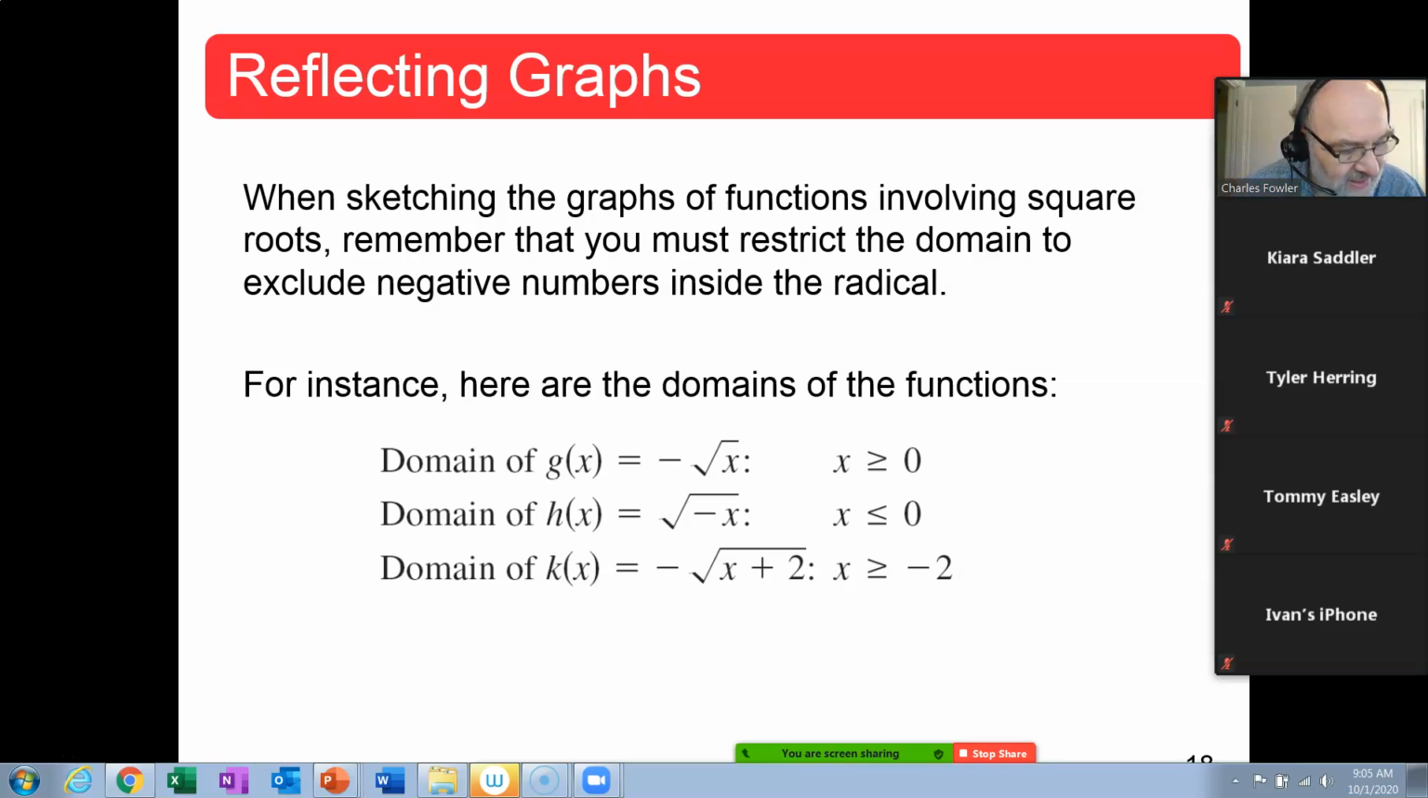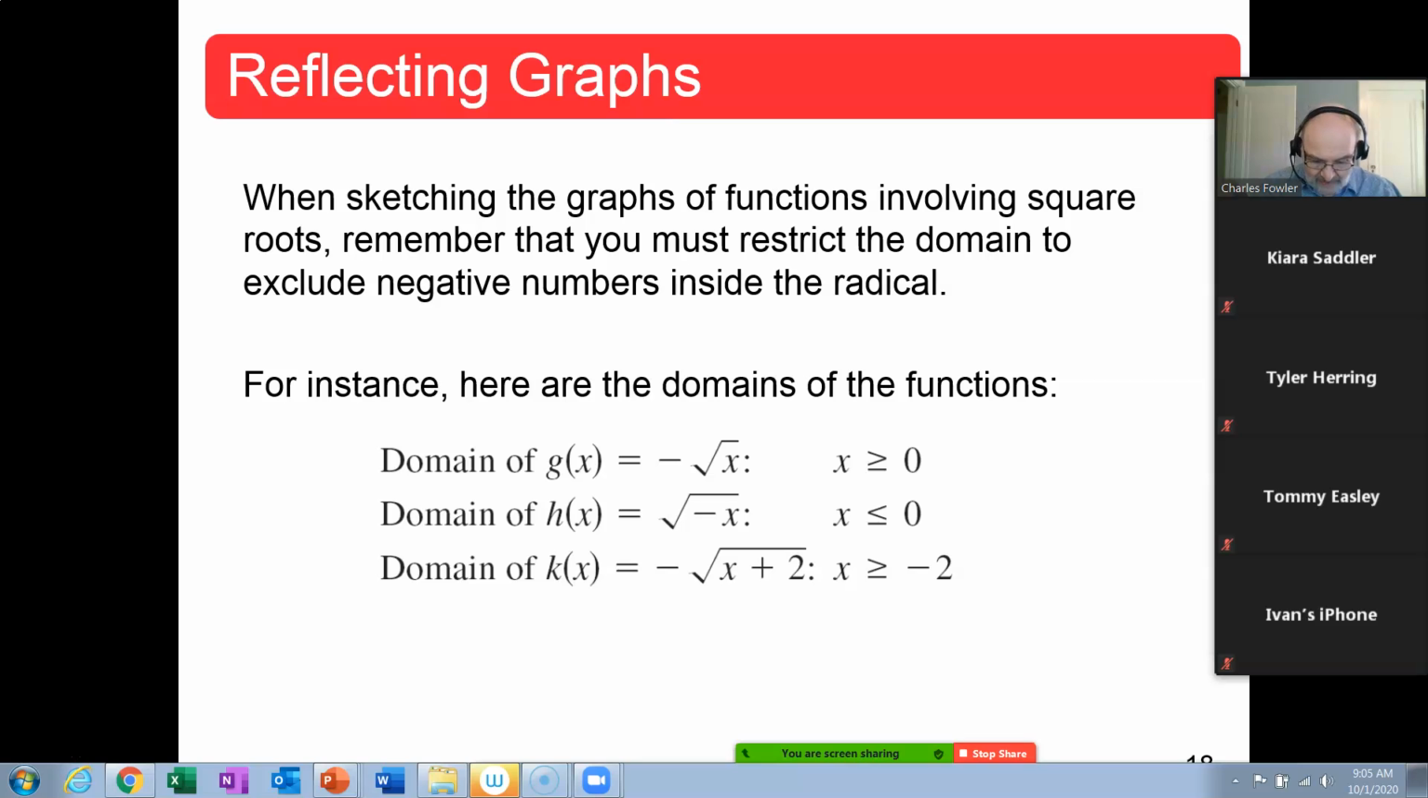this is some verbiage that I don't see specifically in the book. It's actually pretty much there as an example 3, but they're not calling it example 3 here. But anyway, I think they will. When sketching graphs of functions involving square roots, remember you must restrict the domain to exclude negative numbers inside the radical. Okay? So if you have certainly the square root of x, let's start with that one. What if you just had,